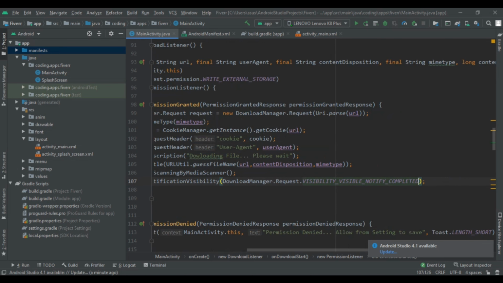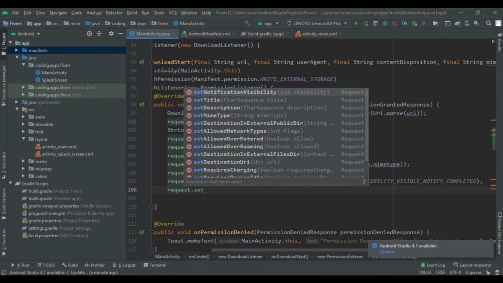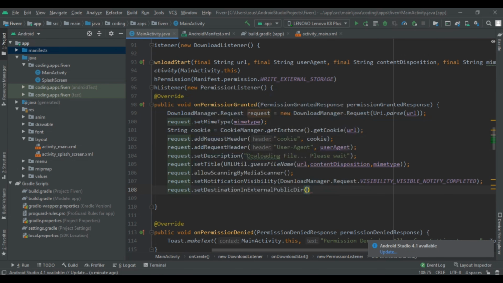Then we have to write some more code in it. So we are going to write the destination for our request. So request dot set destination in external public directory. So this is the benefit of our Dexter library.